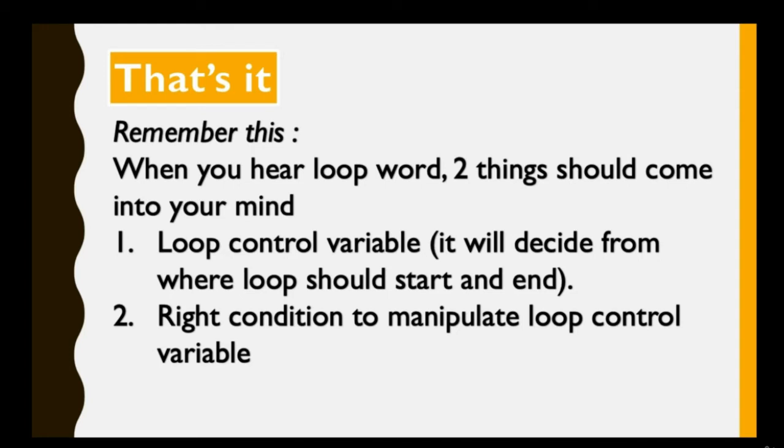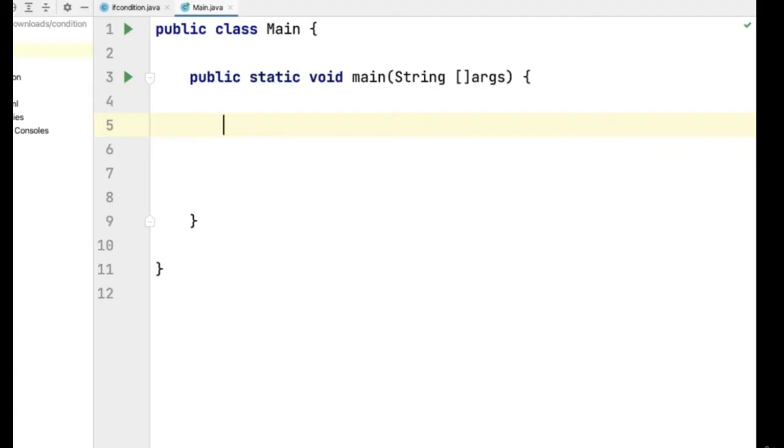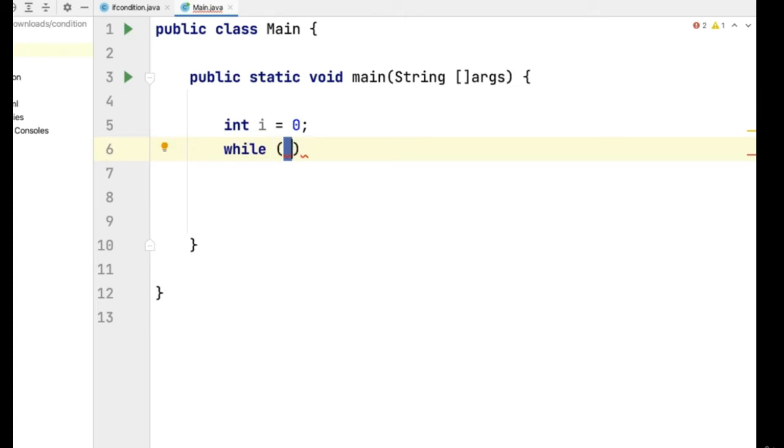Now let's implement the while loop practically. Now I will give you a simple example of a while loop. First of all, we have to define the loop control variable. So I will define a variable of integer type, name is i, and initial value is 0, right? Then I have to write the while statement. To write a while statement, first we write while and brackets. Inside the brackets we have to write the condition, and I will write the condition as i is less than or equal to 10,